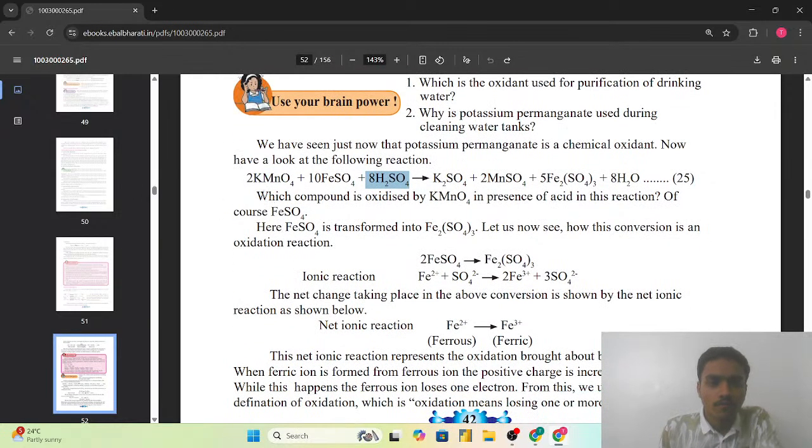So here FeSO4 is transformed into Fe2(SO4)3. Let us now see how this conversion is an oxidation reaction. तो यहाँ पर इन्होंने तो बोल दिया कि KMnO4 in the presence of acid, that is the H2SO4, FeSO4 is oxidized. लेकिन कैसे ऑक्सीडाइज हुआ है तो उसके बारे में हम देखते हैं. FeSO4 leads to formation of Fe2(SO4)3. आयोनिक रिएक्शन. अभी आयोनिक रिएक्शन क्या है कि चलिए इसका रिप्रेजेंटेशन हम आयंस के साथ देख रहे हैं,